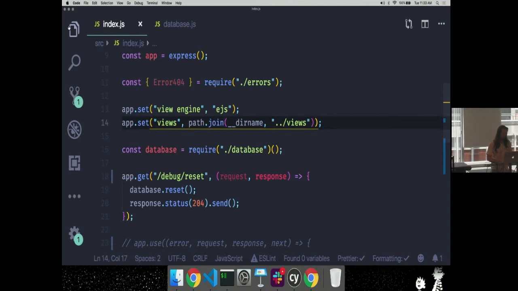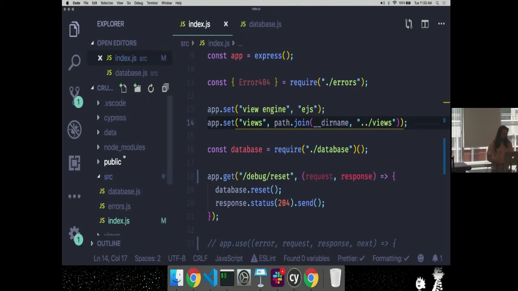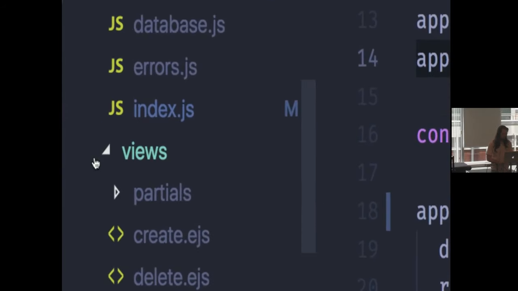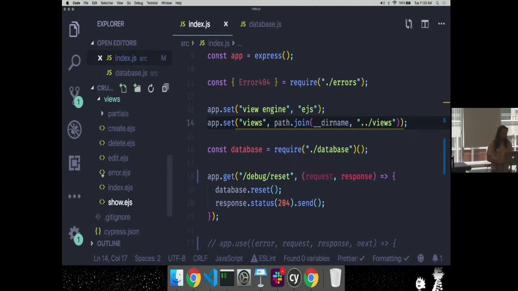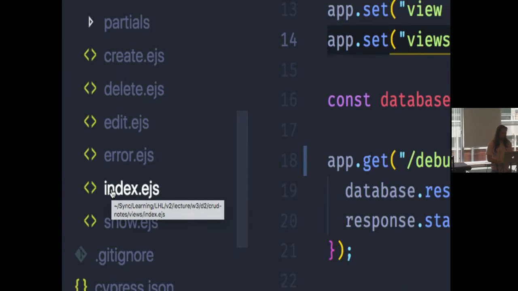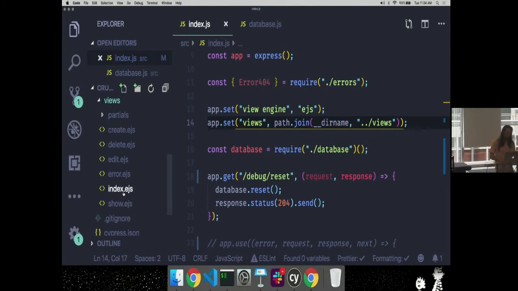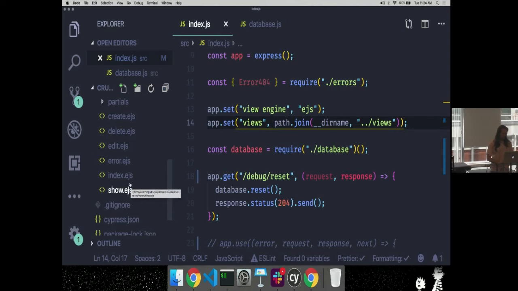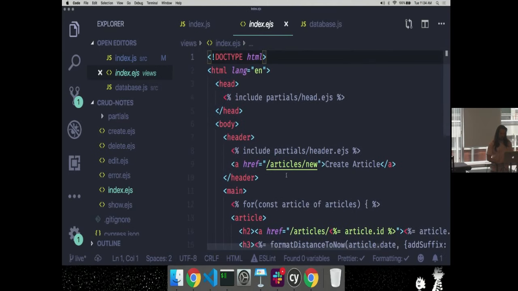So my views are actually inside the views directory here with an index, show, edit, delete, create, and then partials. So those are all my view files. I'm going to delete them. I'll delete the contents of them one at a time as we start to go through them, because until I have the route that renders it, I don't need to clear that stuff out, right? Until I'm using it, it doesn't really matter. But this is kind of what they look like. Here's what those files look like.